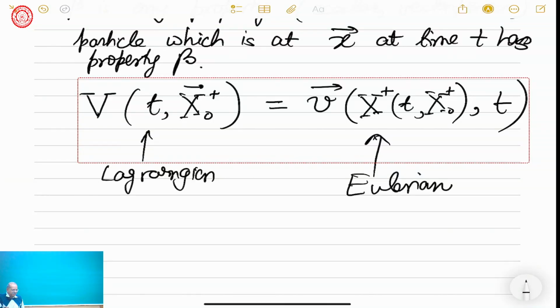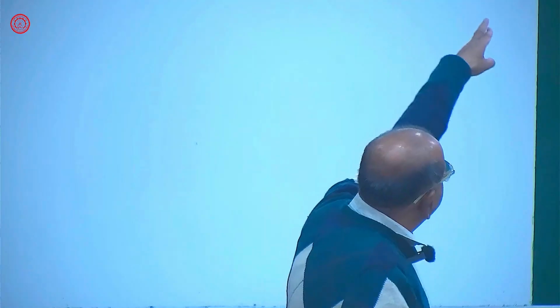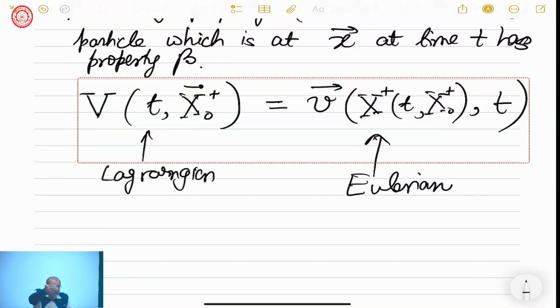Now, if I have my velocity as a field, then I will have to write the acceleration of a particle, which is dv by dt of a particle, in terms of the rate of change of v of the field, which means the total derivative of the velocity field as a function of time, and we will see how to do that as we move in the course. So in fluid mechanics, we will be following